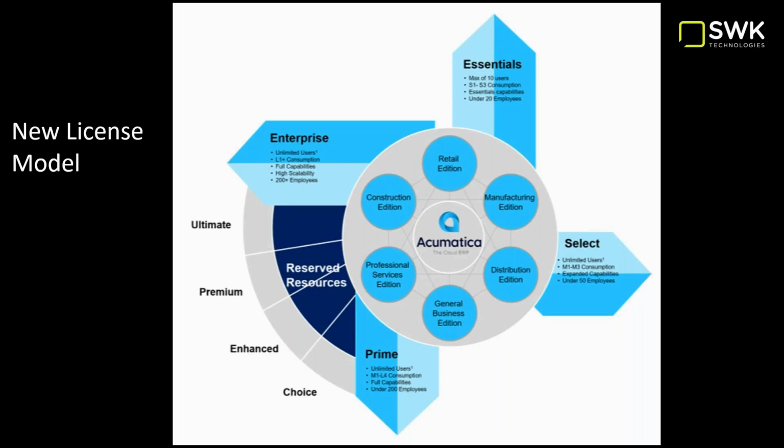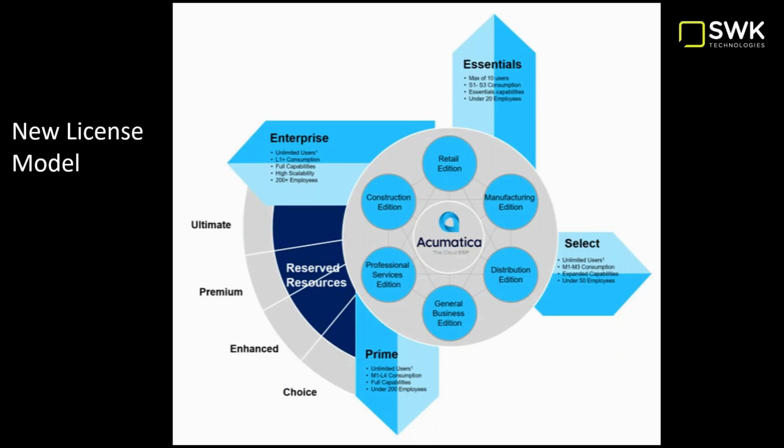And then you're going to go out of the inner circle, out to the blue arrows. The blue arrows represent the new products. Essentials is essentially small business, geared for small companies with small transaction volume, and it's a named user license. The other three, Select, Prime, and Enterprise, the blue arrows, are increasingly larger instances which allow for higher commercial transactions, higher ERP transactions, and support a larger number of users in the system.